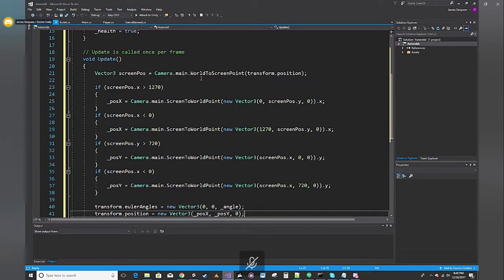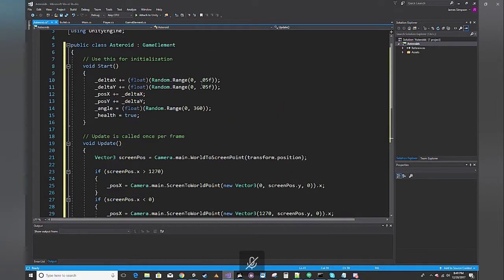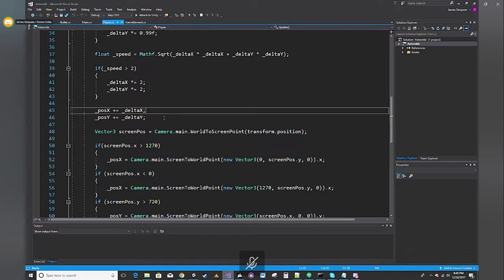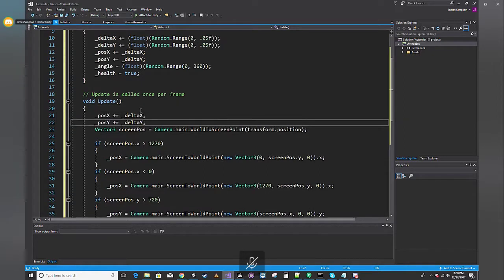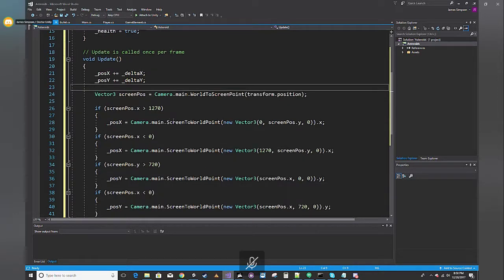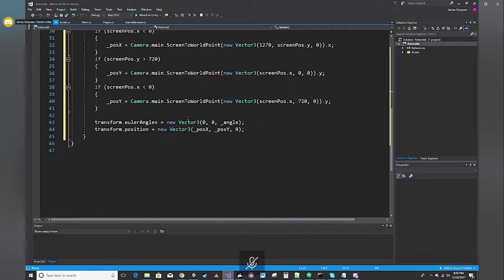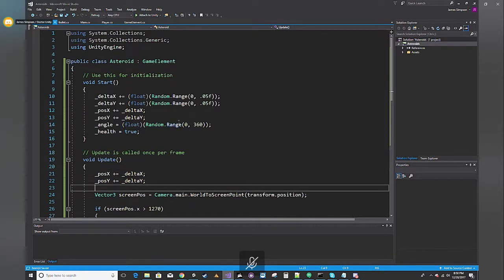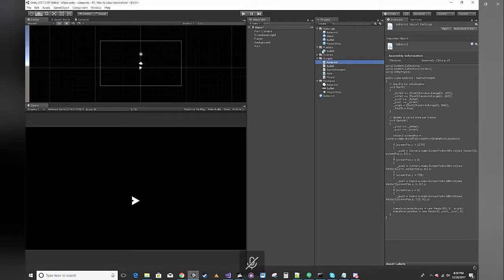Screen position. I feel like I've missed something. Ah, there we go. I need that. That's kind of important. Okay, so let's just see here. That'll be vector 3 screen position. If it goes off, we want to pop back. It looks good. Okay, so let's go ahead and,